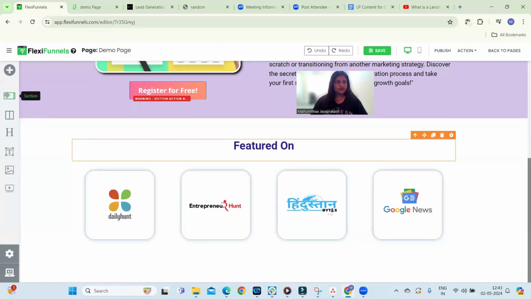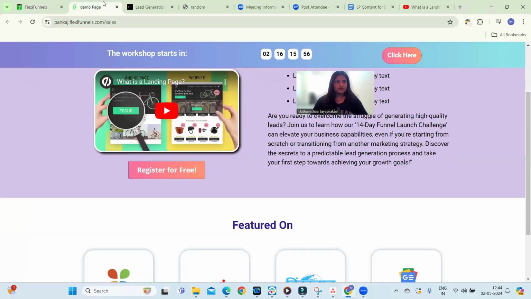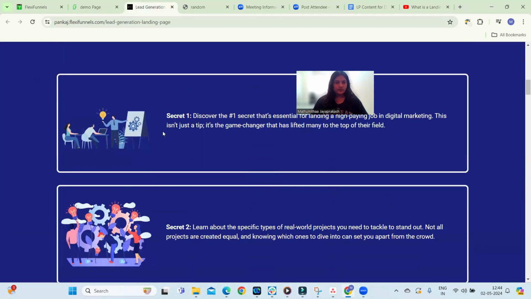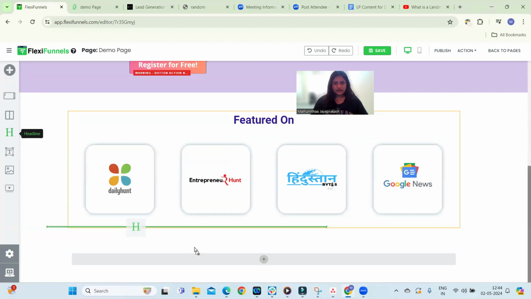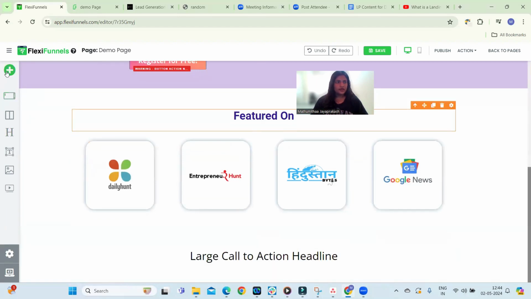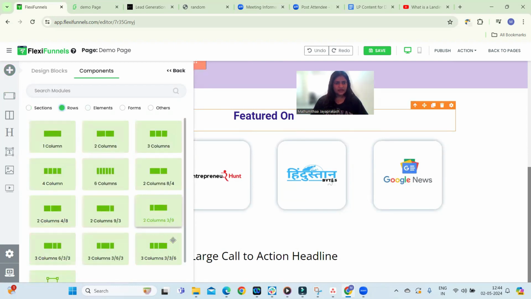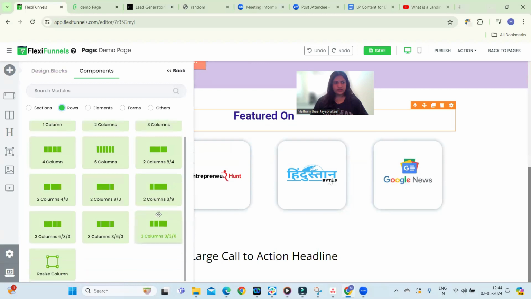And now let's go create another section, drag and drop section option here. And you can see in this page, there's like these boxes that you need to create. I'll show you how exactly you can do that. As usual, drag and drop headline option and go to the element rows. And you can see there's 2 columns and 3 bar line. And it's something similar to this. There's a picture and then there's some text. So we're going to be choosing that,